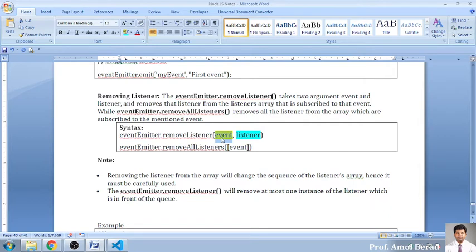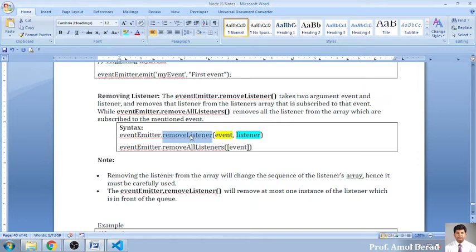There this name can be one, but the listeners bound to it can be 1, 2, 3, 4, 5 up to 10. So we can add up to 10 listeners to an event by default. By using this removeListener you can remove only one listener. Keep in mind, as in the previous example, listener 1 was removed, listener 2 was not removed. So only one listener can be removed. If you want to remove both, you have to write twice the event name you gave, listener 1 and listener 2. This means the number of times you want to remove, that many times you have to use this removeListener.